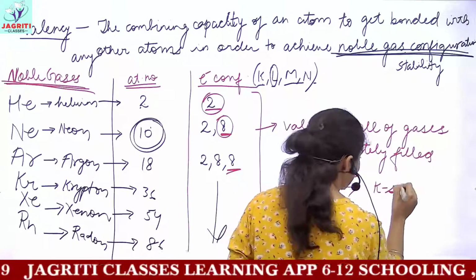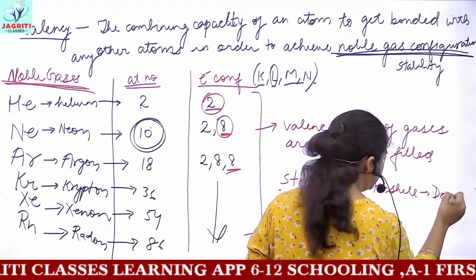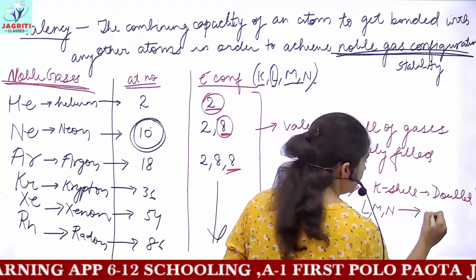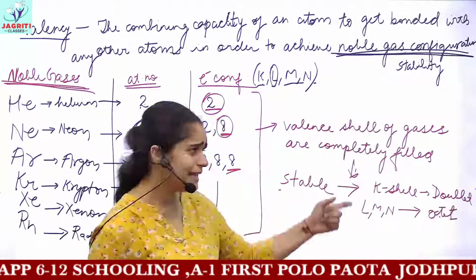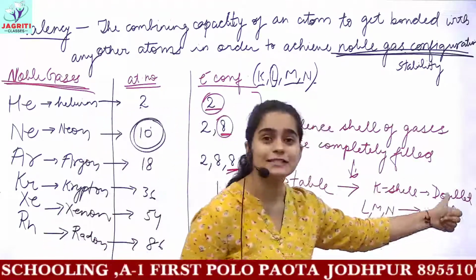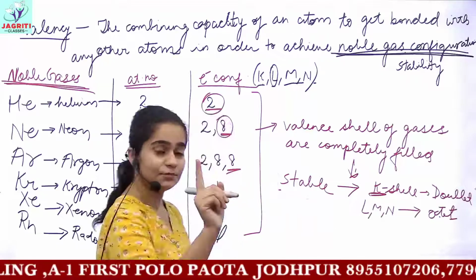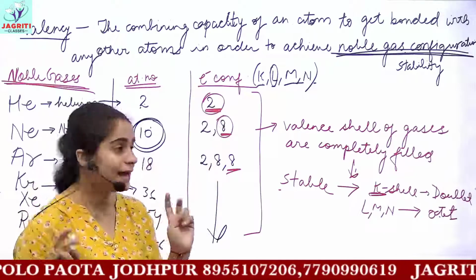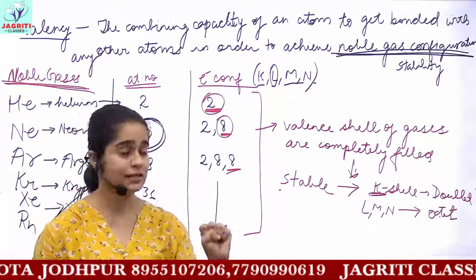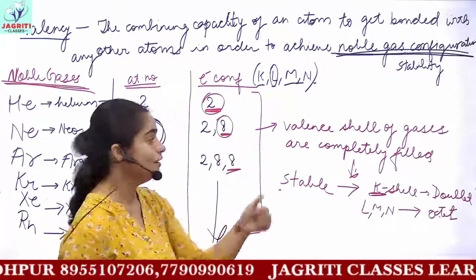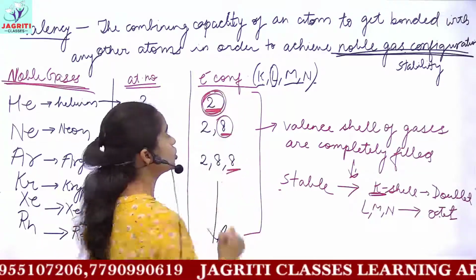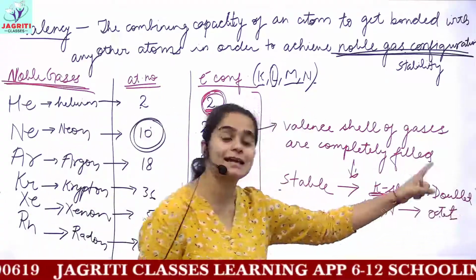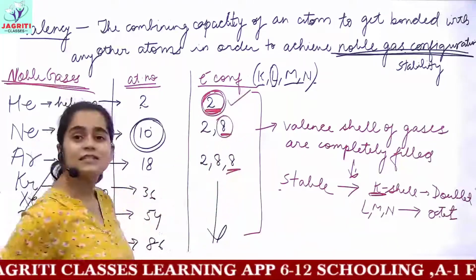Or we can say for the K shell, a doublet rule is followed, and for the remaining shells, that is L, M and N, you have the octet rule. What do these rules signify? The doublet rule is only for the K shell, okay? Remember this. The doublet rule says that the K shell can maximally hold 2 electrons, and if these 2 electrons are already present, so the electronic configuration when K shell is the outermost shell and you have a doublet of electrons, that is 2 electrons, then this would be stable.